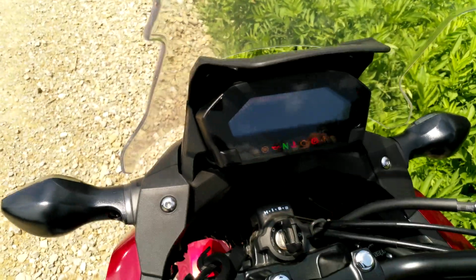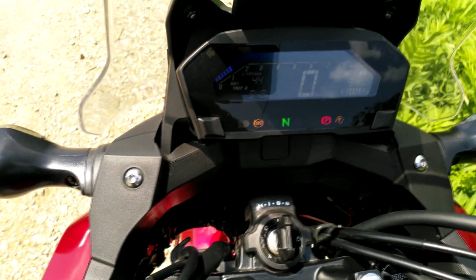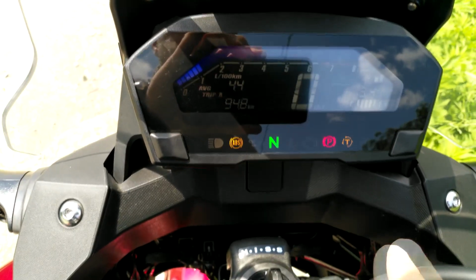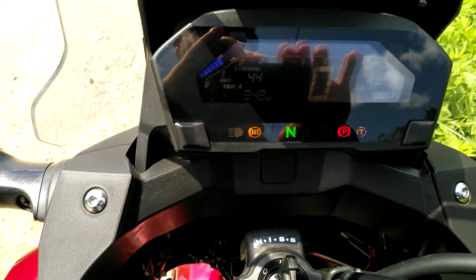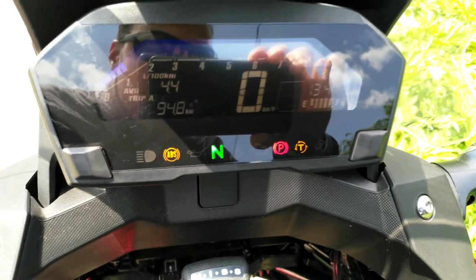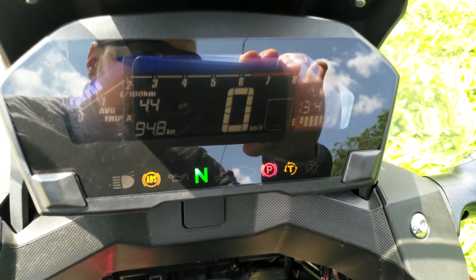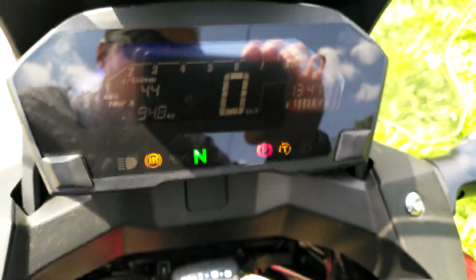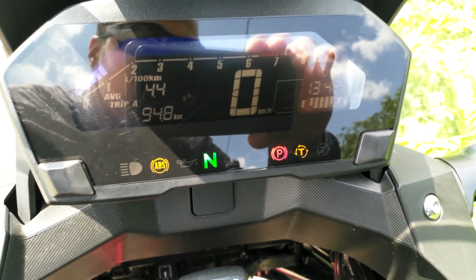Let's hope you are able to see everything. This is the dashboard, neutral, parking brake, also the sign with the traction control sign. This you can put off or you can put on, and it has two levels, as you can see here. Two levels of traction control. Now we're in 1 and 2 and off,